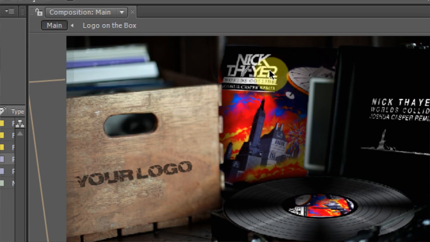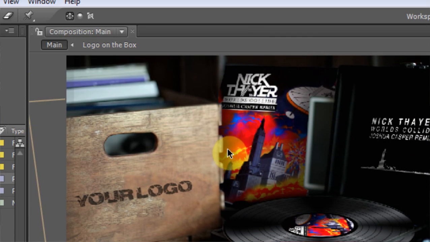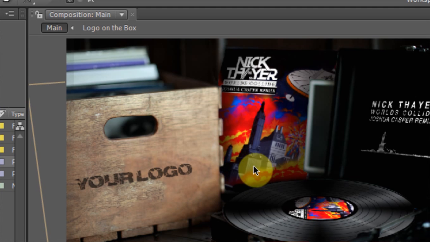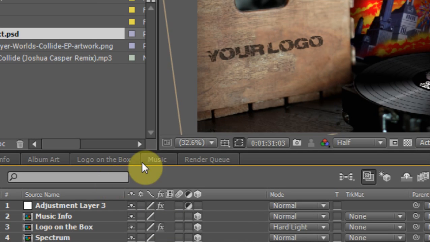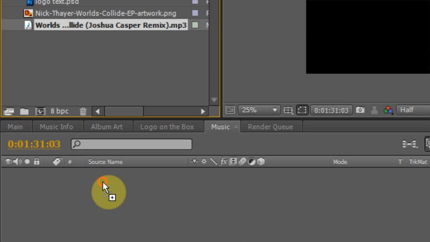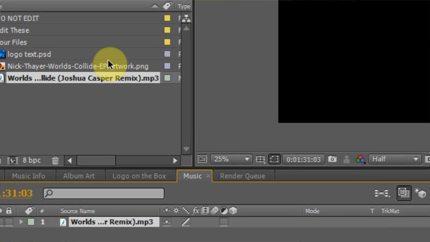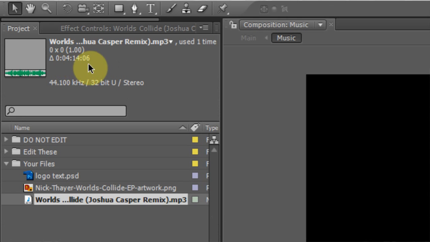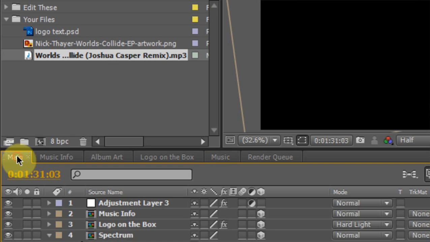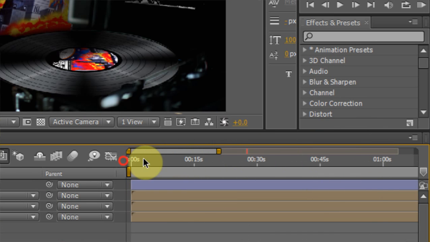It is a large record sleeve, and it's got the shadows already built into it, and it's also on top of the record here as well. And then the music, you just take your music file and put it in here. When you've selected your music file, it will tell you how long it needs to be. So you need to come over to your main comp,